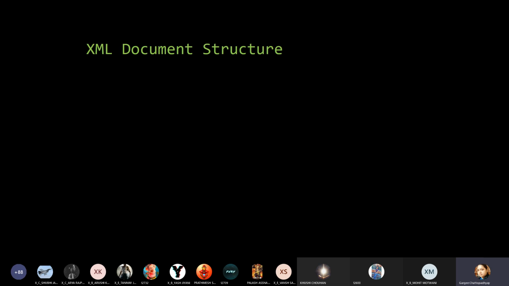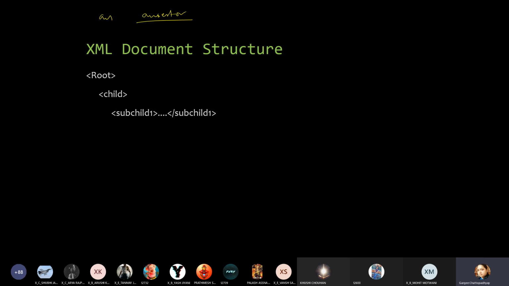Now let us move on to XML document structure, which is very important. At the beginning, you will always have a root, okay, which is the parent without any parent, right? The ancestor, you can say. The ancestor, okay. After that, you have a child.